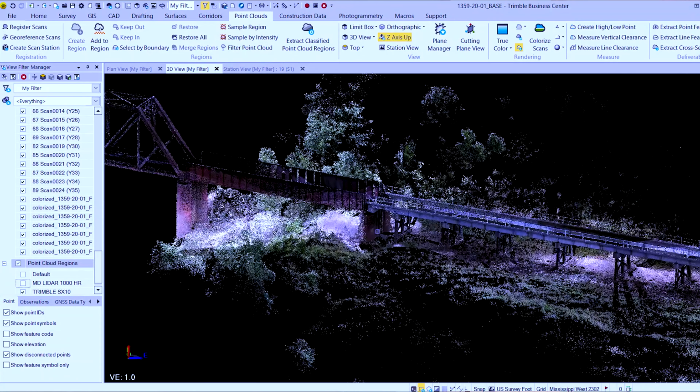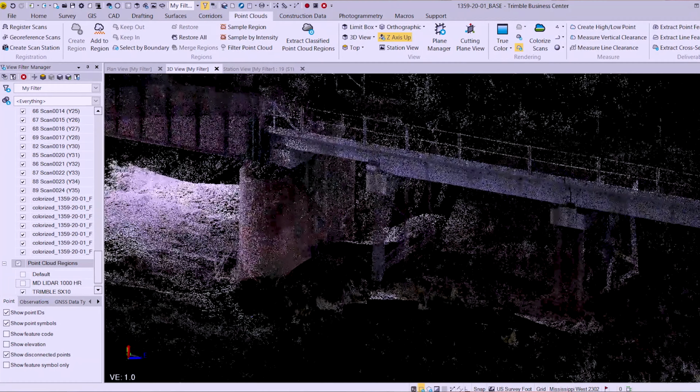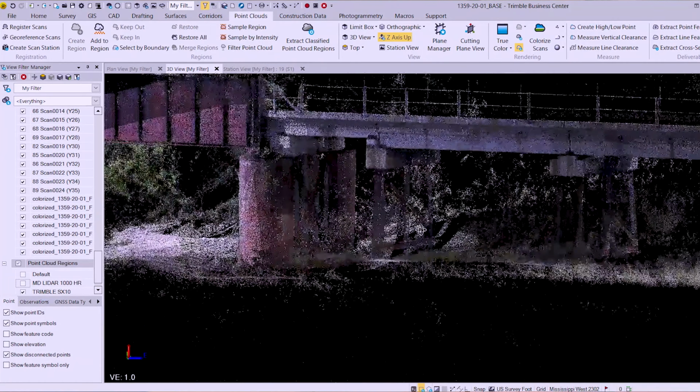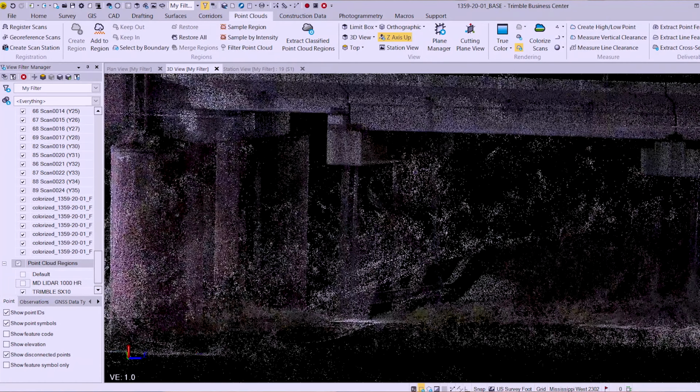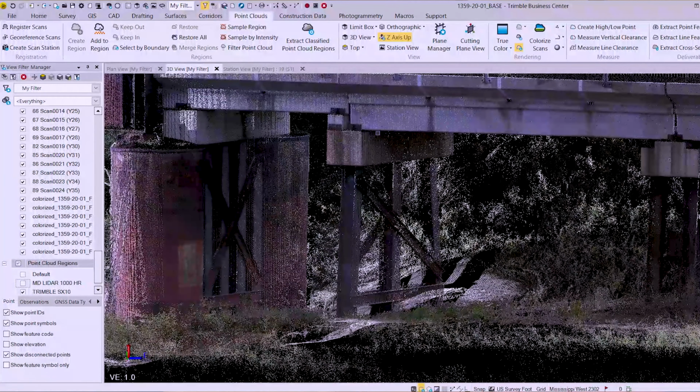So how's the terrestrial scan data looking? The terrestrial scan data is looking pretty well. As you can see here, you can zoom in and show you the detail, like we were looking for under the bridge. Point cloud is very dense. We can see all of the structure. We can even see the cross bracing under the bridge. I think any detail that we would need to give to MDOT, we can extract from this point